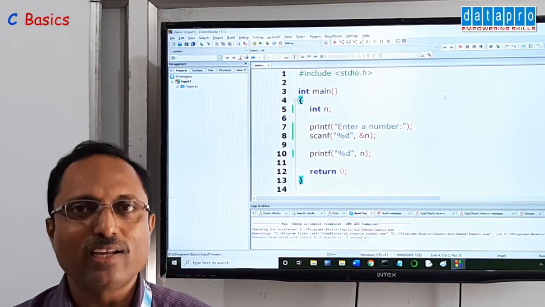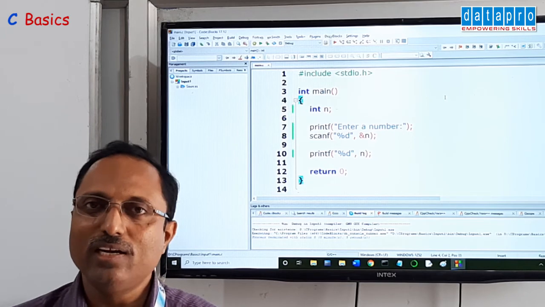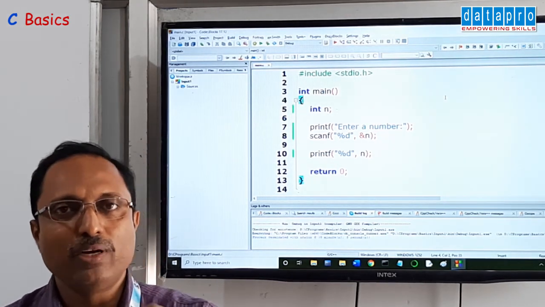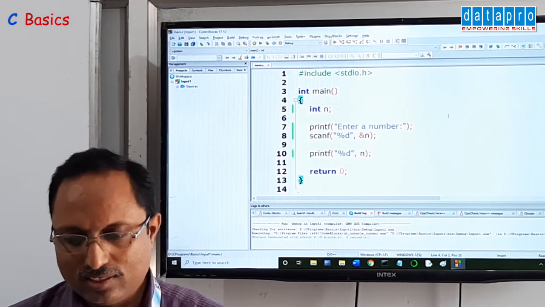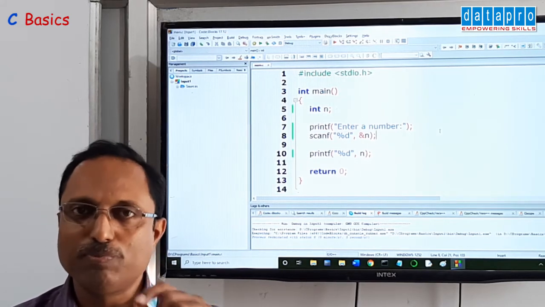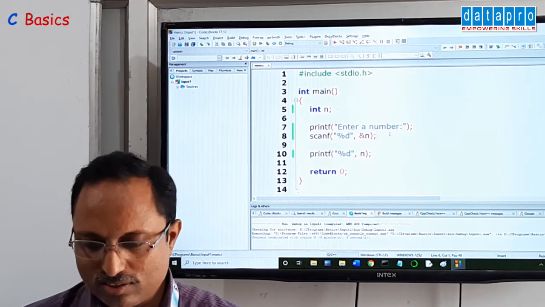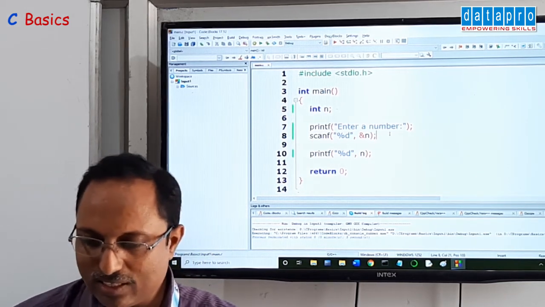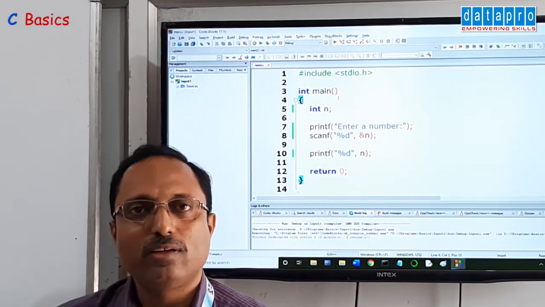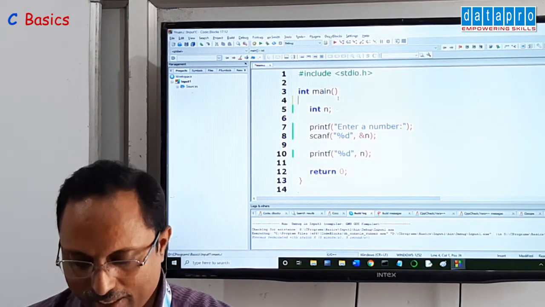Now this is a practical demonstration of the same. As a beginner, you may land in some practical problems. You commit some common mistakes. Please compare with my demonstration and correct those mistakes. This is the first example. This you already know. We enter an integer and print the same. The practical mistakes that you might commit while practicing on the computer are, you may forget to open the bracket.